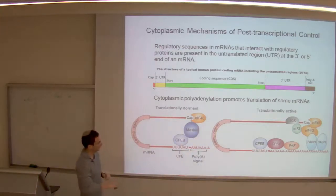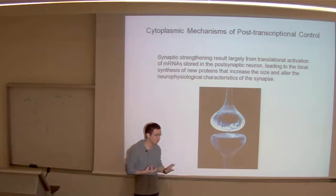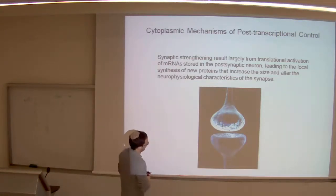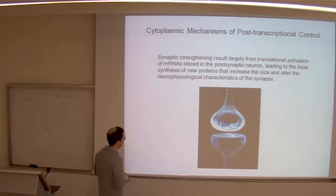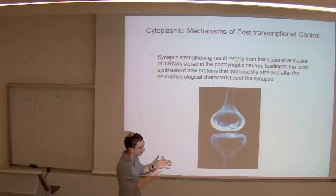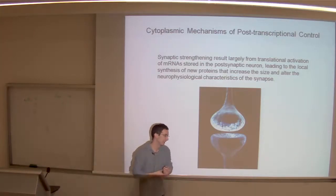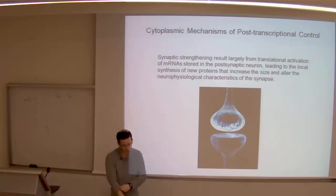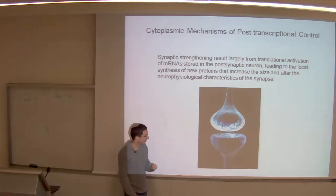Okay, so I mentioned the ovum cell, but synaptic strengthening in neurons, when they learn new tricks, is much like the ovum cell in the sense that also in them you find messenger RNA with very short poly-A tails, which will be polyadenylated, which will be elongated with the arrival of some outside signaling, and which will cause several things to happen, among them synaptic strengthening. And as was the case for RNA splicing, which I mentioned is a mechanism that's still thought to be mainly or even solely in the nucleus, but some researchers claim to see it in the synapse. It's an interesting mechanism, but this one is much more established in science because it makes sense in the way that